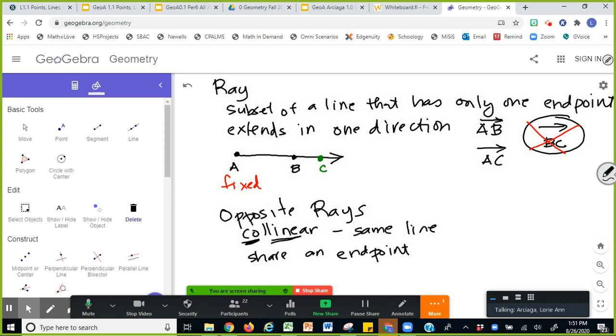So how do we draw opposite rays? Let me draw one going to the left. Let me highlight the endpoint. Let's call that A. Let's put another dot over here. When you're drawing a ray, you have to have a minimum of 2 points. Now the other partner has to go to the other direction. That's the only way possible so they can be collinear or on the same line. And I cannot give that a different letter because they have to share an endpoint.